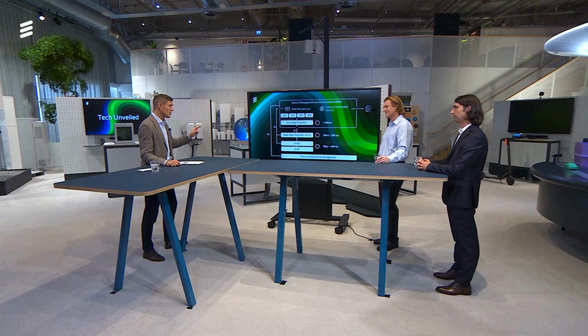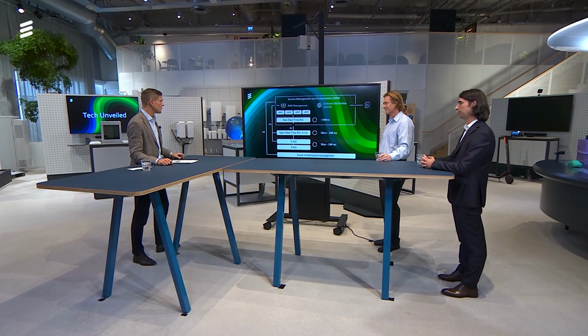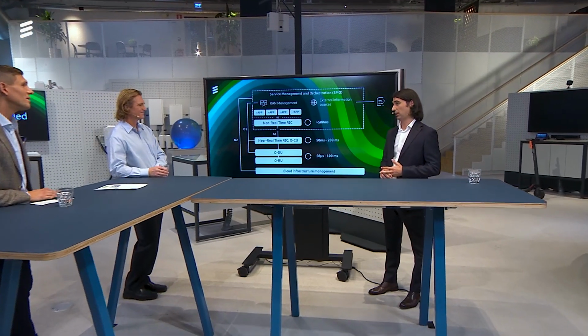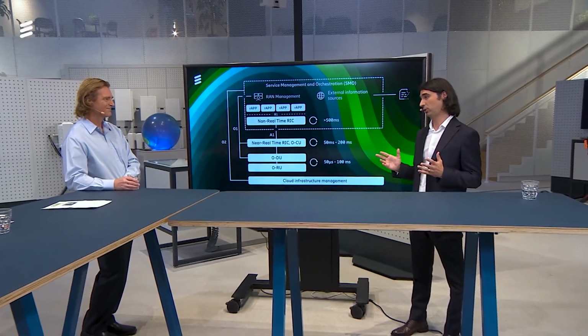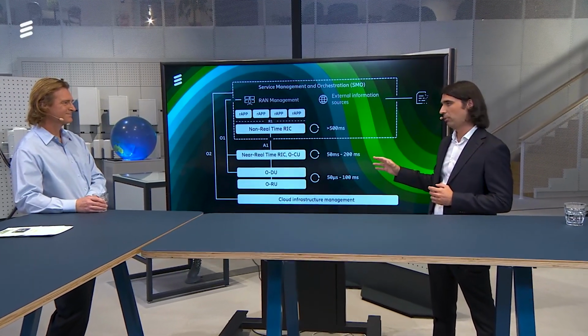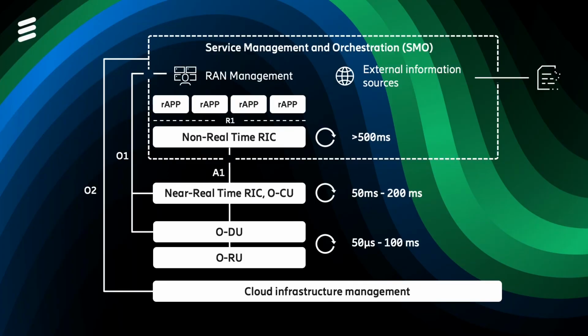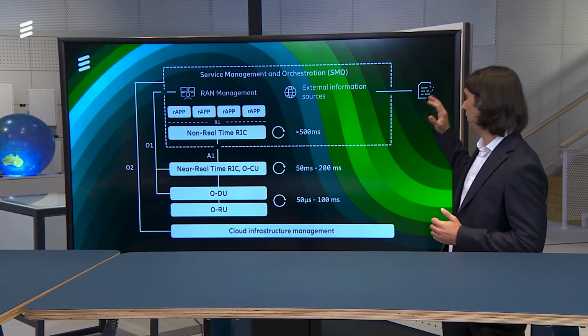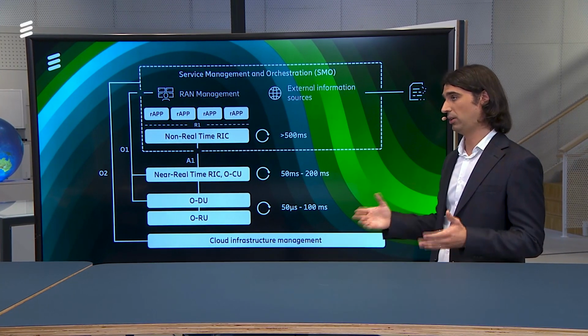I do notice that we've got two different RICs in the picture. What's that all about? Maybe I can help with that, Sten. Please, Matteo. The near real-time RIC is a new network element that is defined in the O-RAN Alliance that is responsible for part of the radio resource management. The near real-time RIC is located, as you can see, inside the RAN, and for this reason it doesn't have access to the external information sources, as opposed to the non-real-time RIC. In addition, the near real-time RIC operates on the same time scale as other network elements, such as the CU, and for this reason it can create conflict. For all these reasons, Ericsson currently sees more value in the non-real-time RIC than in the near real-time RIC.